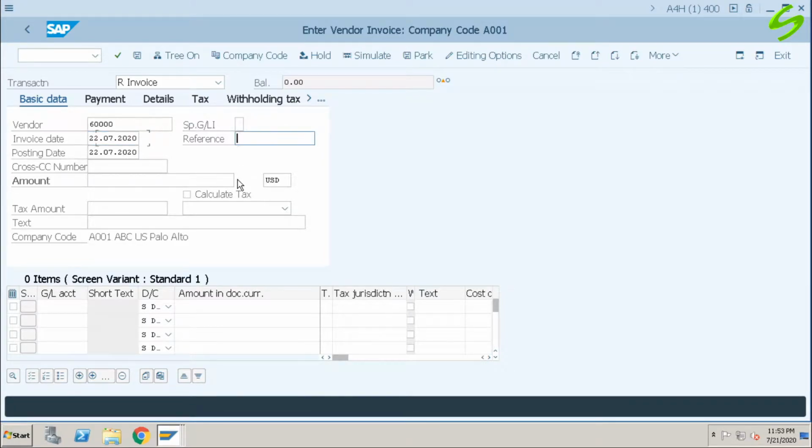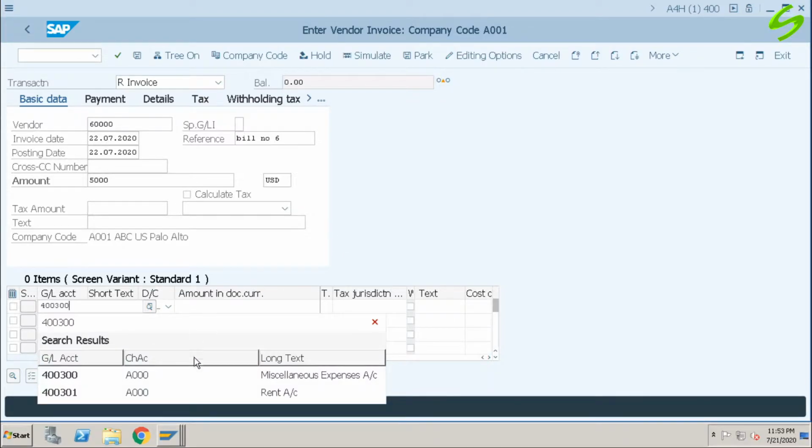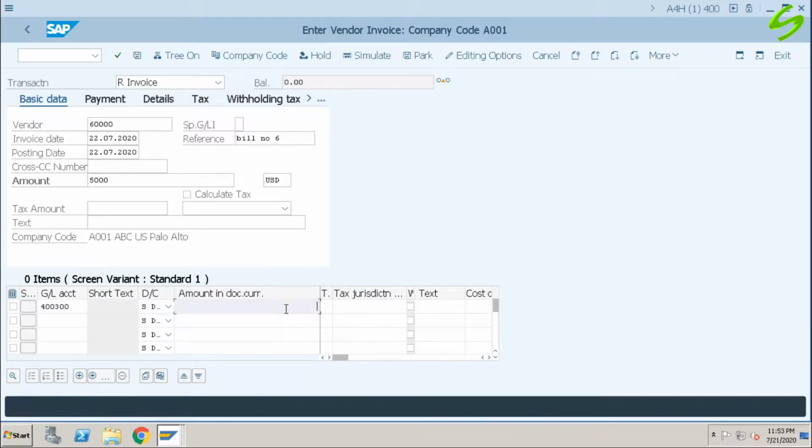Invoice date, today's date, reference, bill number 6, amount 1000, GL account 400-300, 1000, cash discount received, testing.